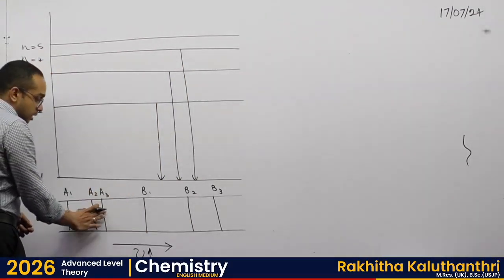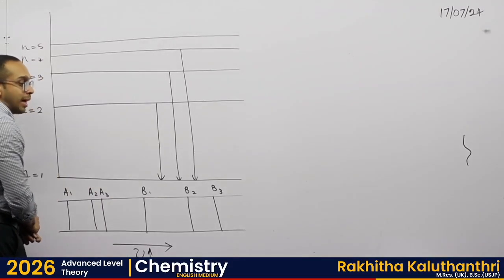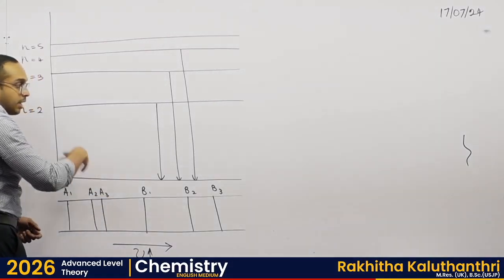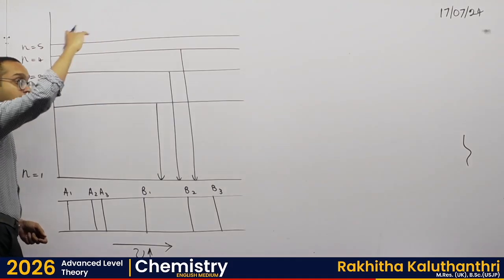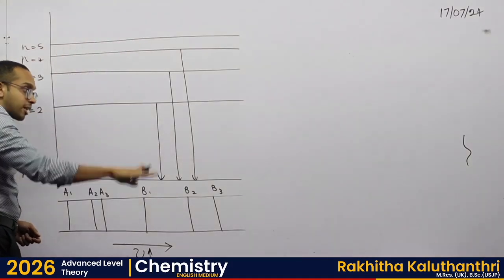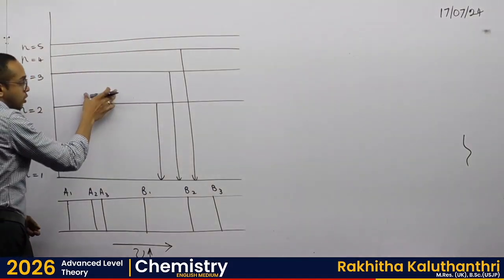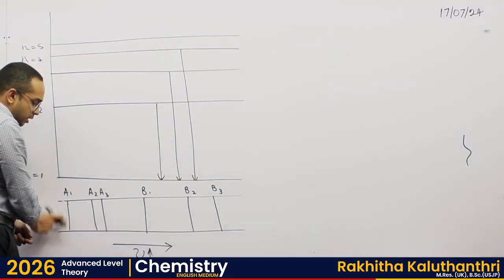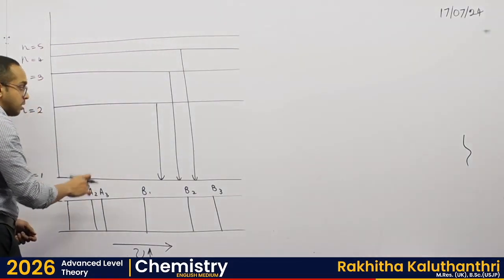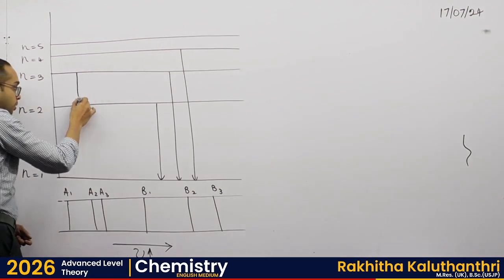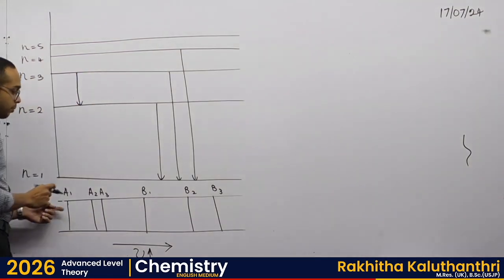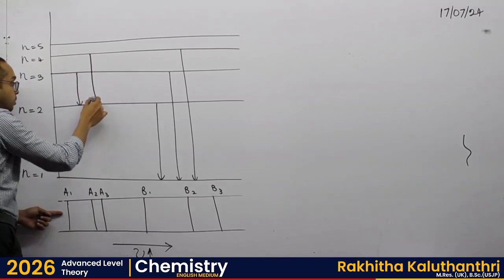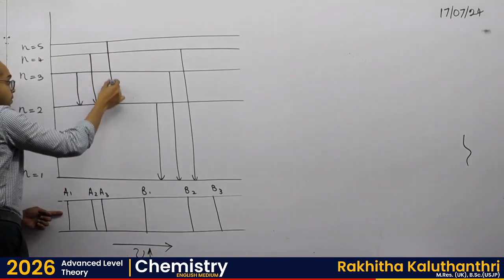And since this is the adjacent one to Lyman, that means this particular series has its electrons transitioning from a higher energy level to the second energy level. That means we are stopping at the second energy level here. So that means this is the line that has the lowest frequency. That means electron transition from third to second would be producing this line. And the next one is from fourth to second, and finally from fifth to